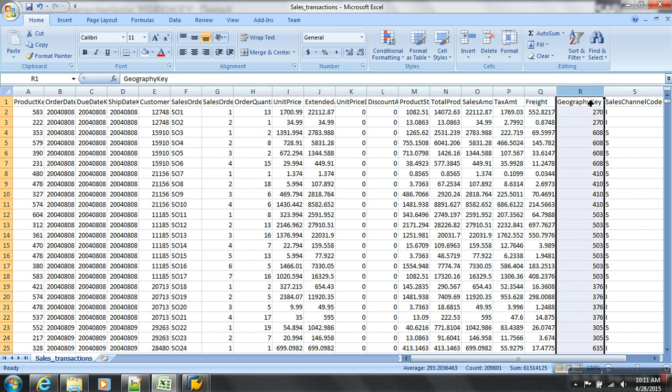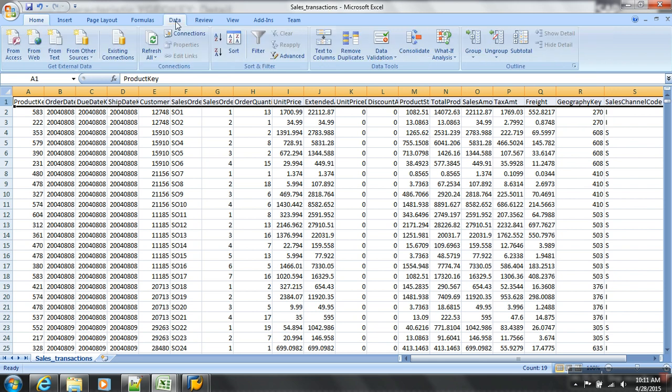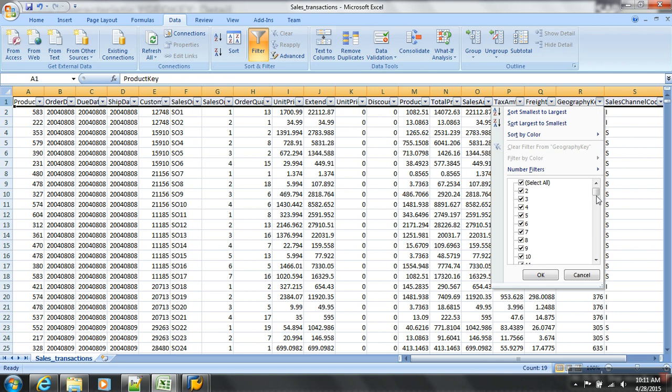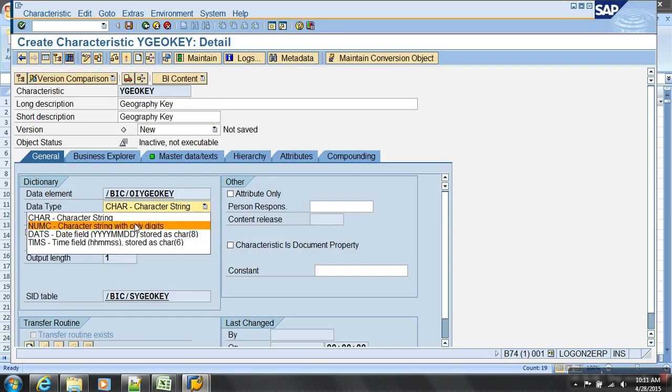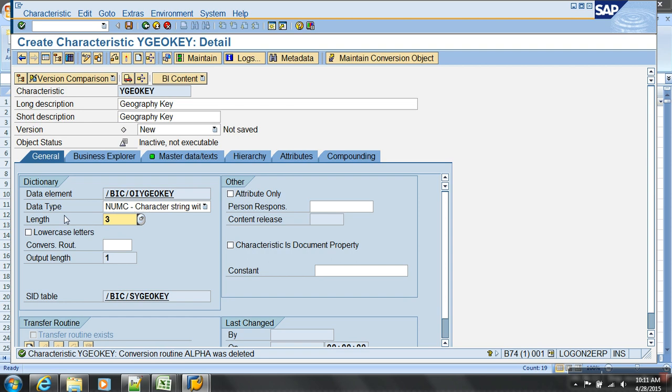This is my info object values. What is the depth of values? First, see the maximum value of it. So, what should be the length of this info object? 3. Data type NUMC. I'll say NUMC, length 3.